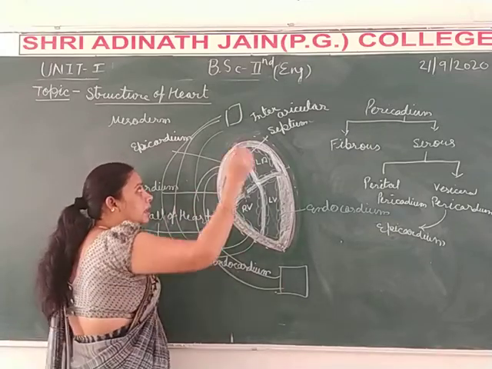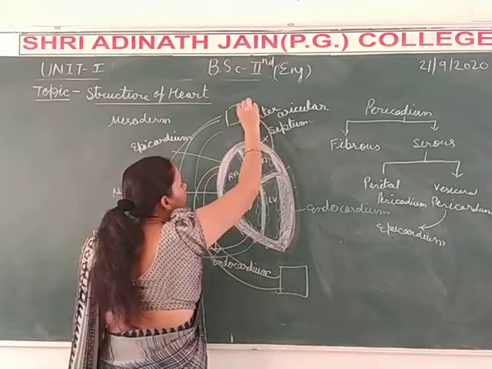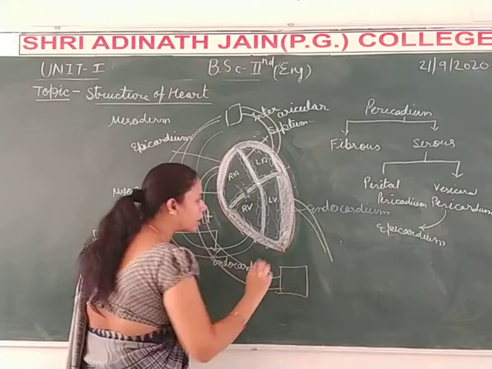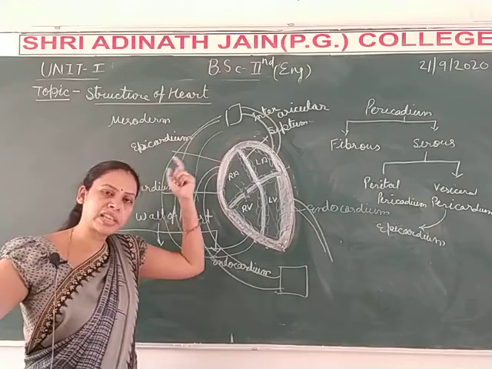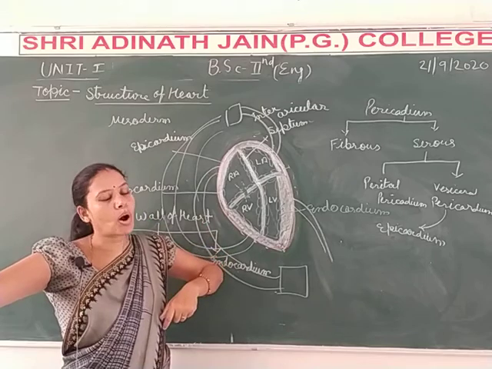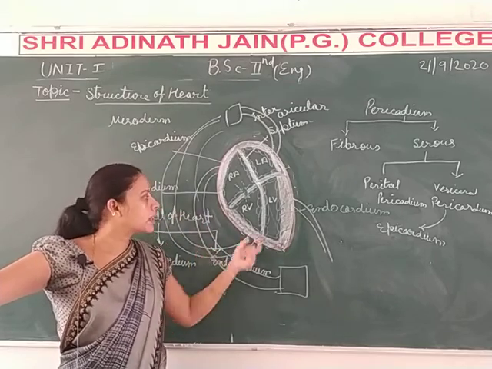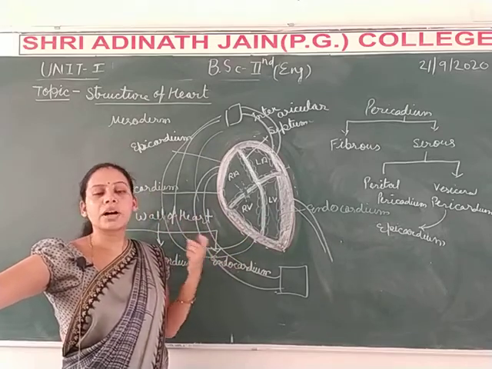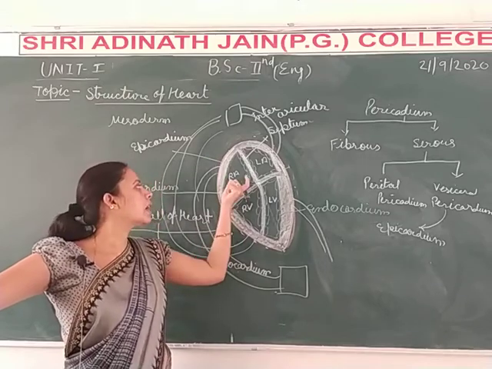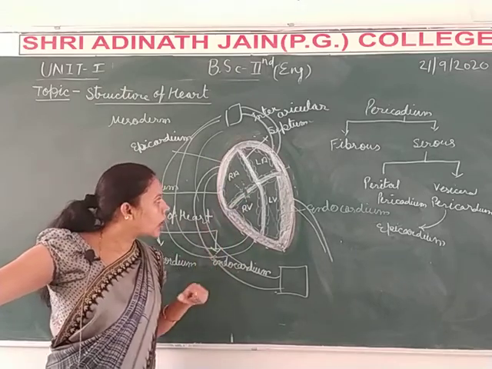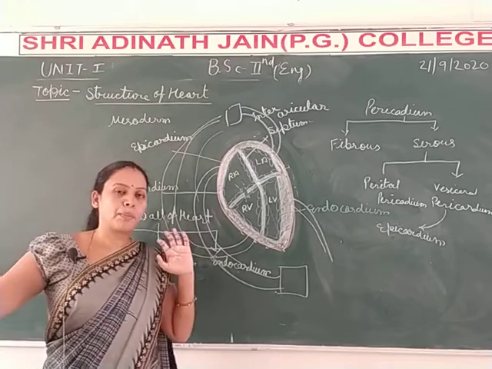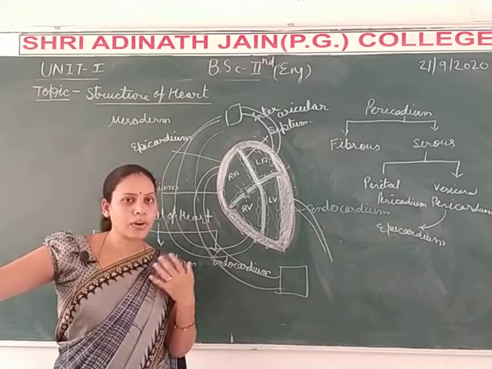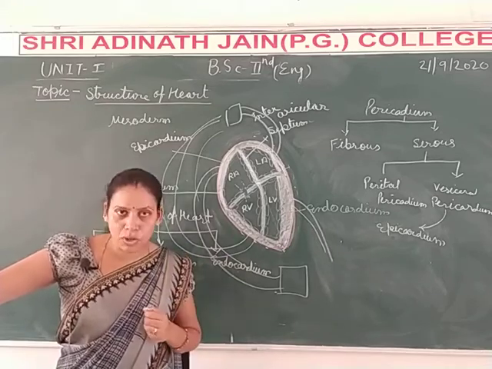Second thing, the oxygenated blood comes into the auricles, and this ventricle supplies the blood throughout the body parts, the upper side and lower side of the body. The blood is supplied by the left ventricle. That's why the wall of ventricles is much thicker than the auricles. Okay, so this is some part of the structure of heart. The next part of the structure of heart we will do in our next video. Thank you, students.